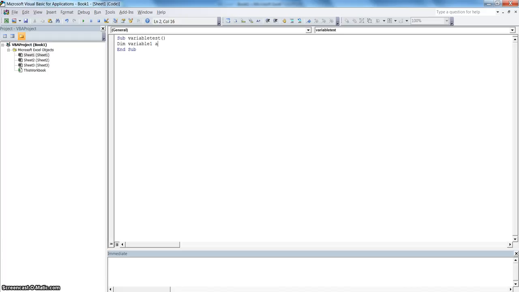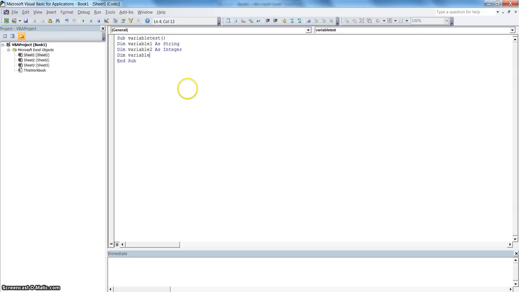So the syntax will be As and the data type like String, and after that one more variable like variable2 As Integer. So you can see for declaring a variable you need to use the word Dim and then the variable name and then its data type: As String, As Integer,